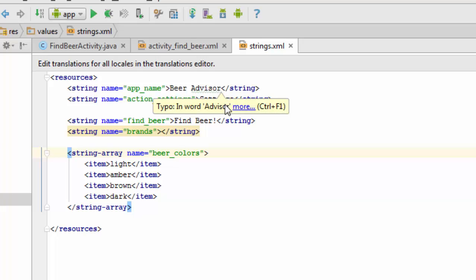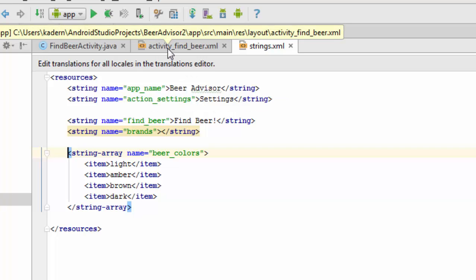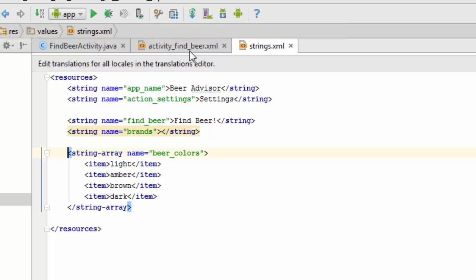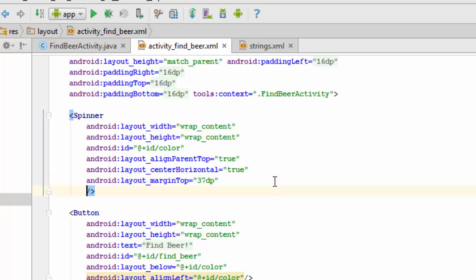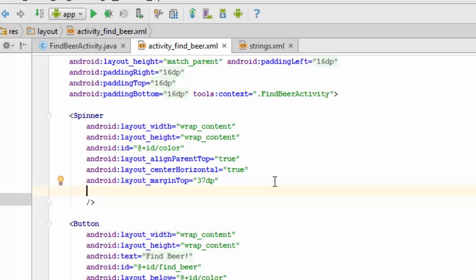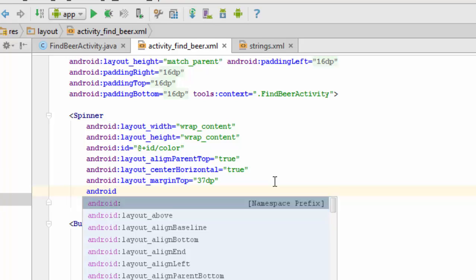And to do that, I'm going to go back over to our layout file, activity_find_beer.xml. Click over here and go to my spinner component in the layout, and we're going to add another attribute. I'm going to go down here to just before the closing angle bracket. I'll start typing android: